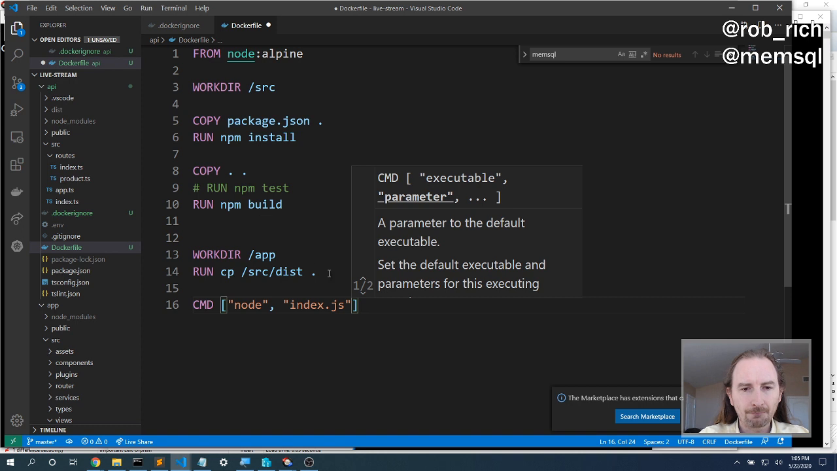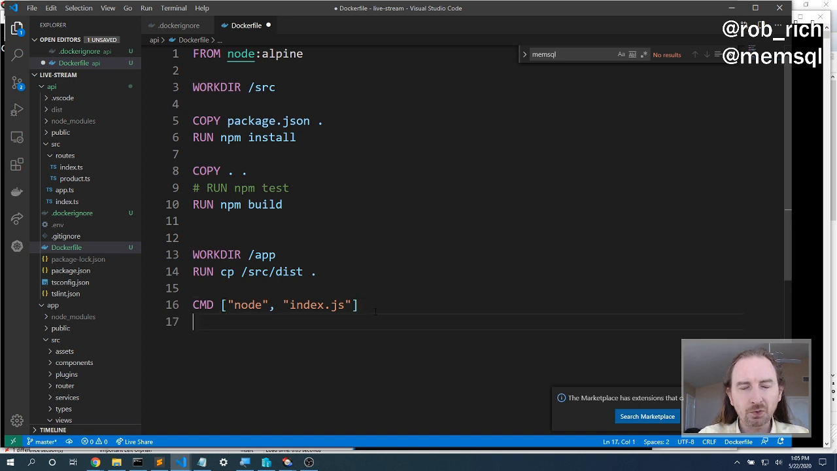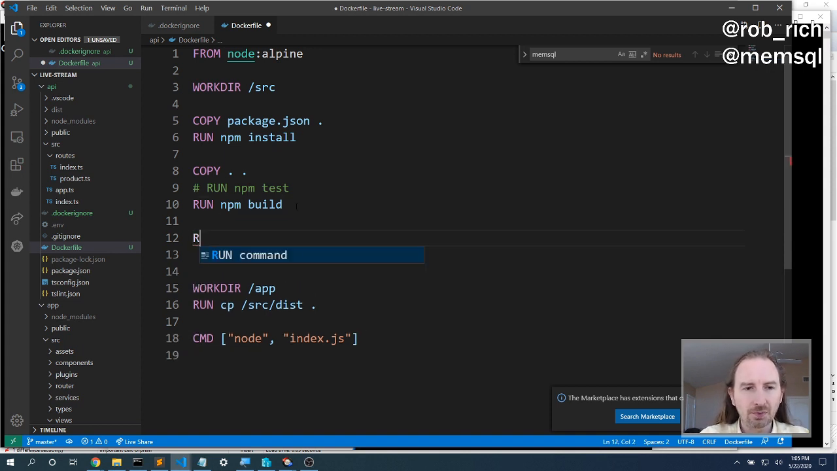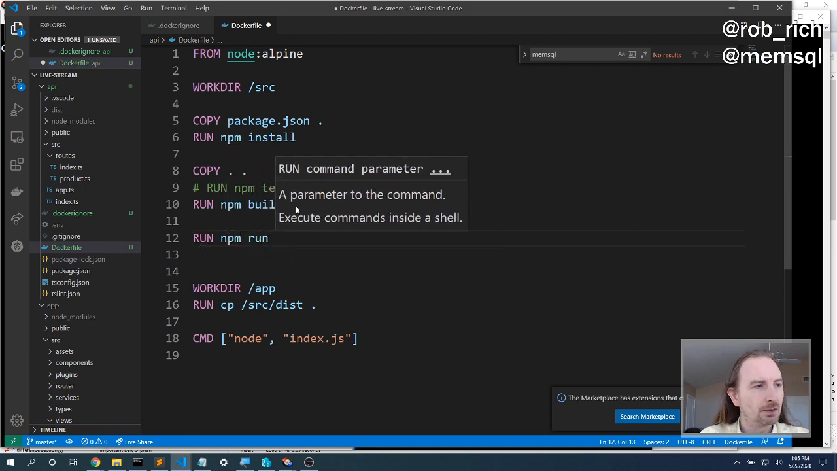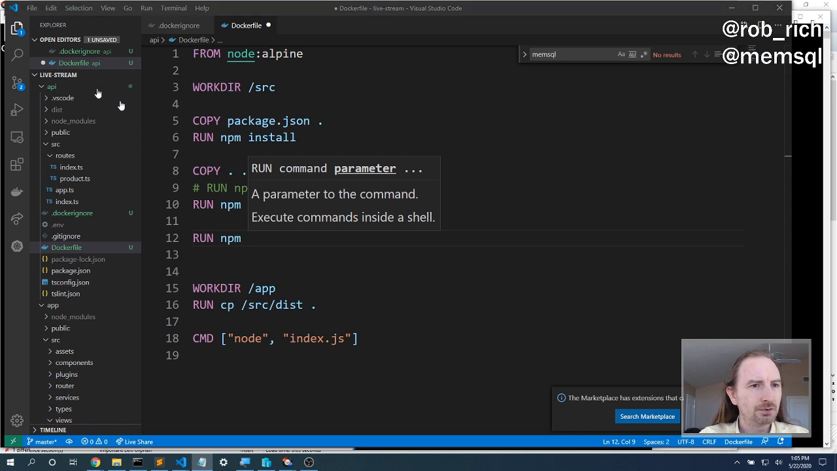index.js. Okay, now this would work just fine, but my source code and my build tools are installed in my container, which makes it a little bit bigger than what I would expect. Let's prune that down a little bit. Run npm prune